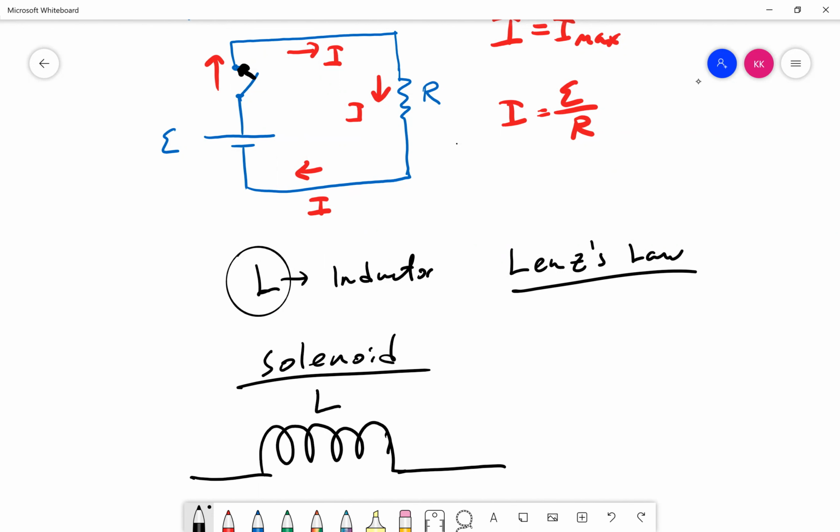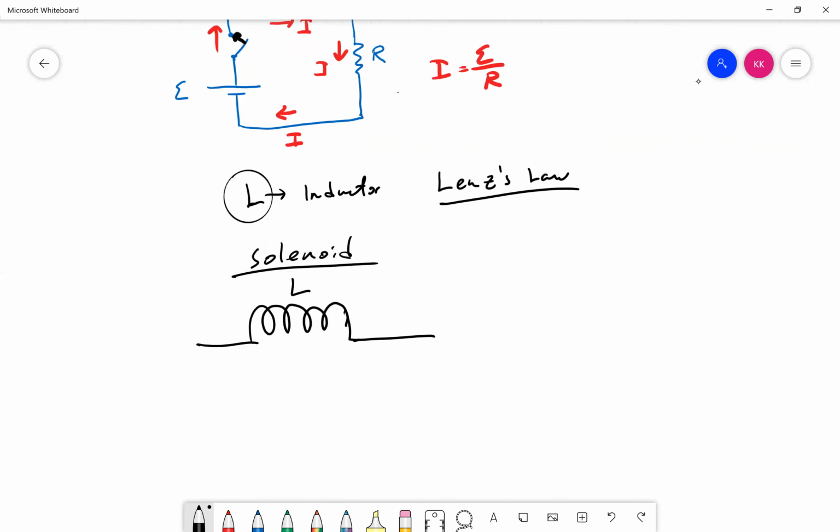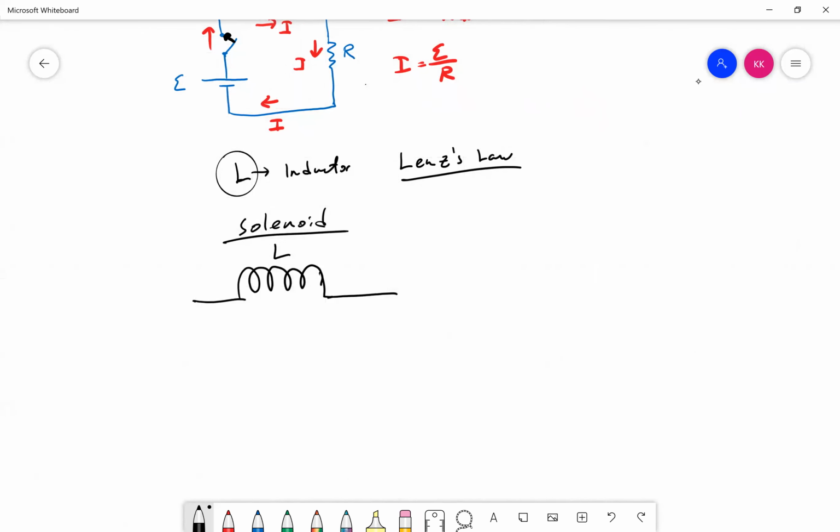In the circuit diagram, the inductor is added with this resistor. Let's say here's the circuit I had a minute ago. Actually, let me put this switch over there. If this is the resistor, and I add an inductor like this,